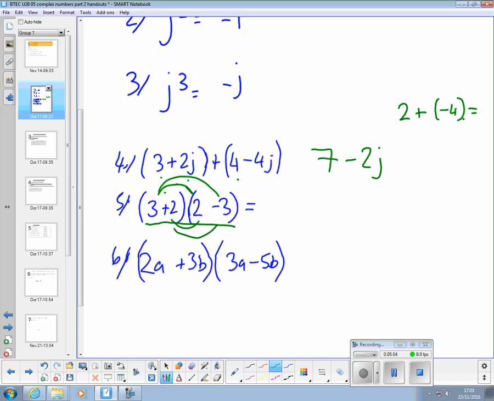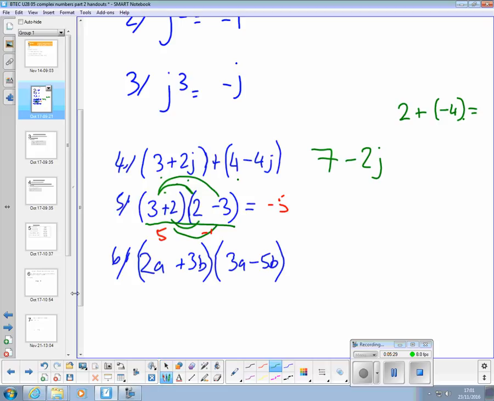What method have you used to do that one then? I've just done 3 plus 2. It's 5. So let's go with that. And 2 minus 3 is minus 1. So it's 5 times minus 1 equals minus 5. If you use the method this gentleman over here said,